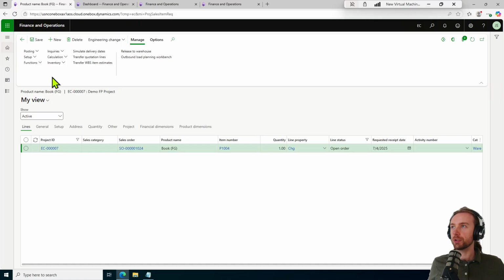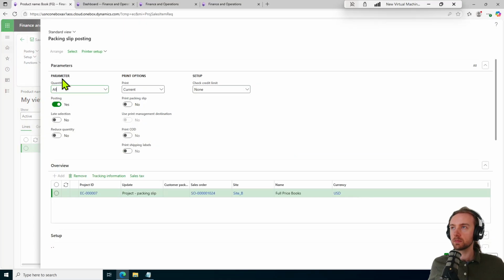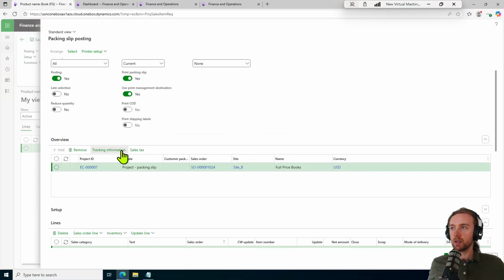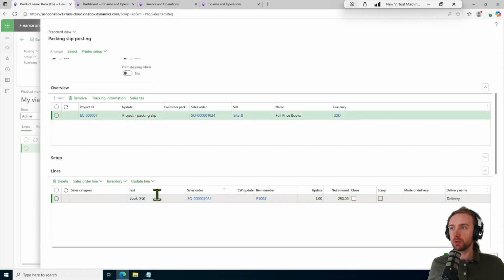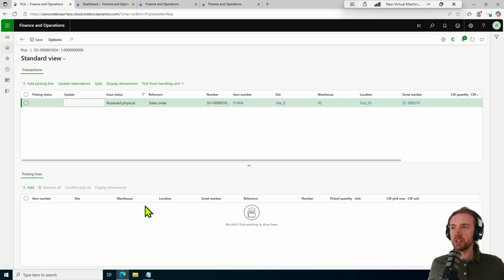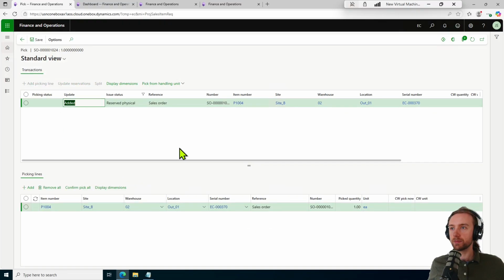And again, in order to do so, we can come up to posting, packing slip. We want that packing slip printed. Come down here to our line, update that line. Let's pick, add that picking line,